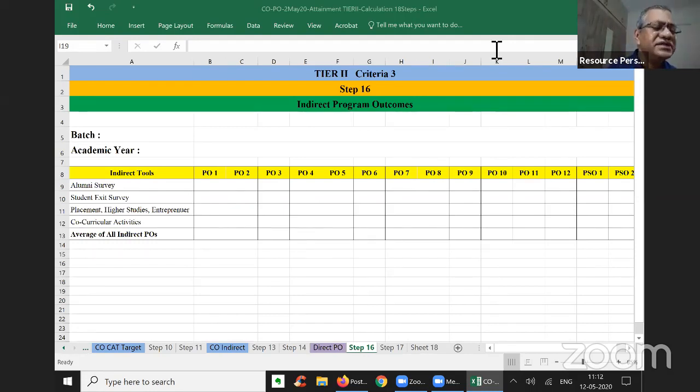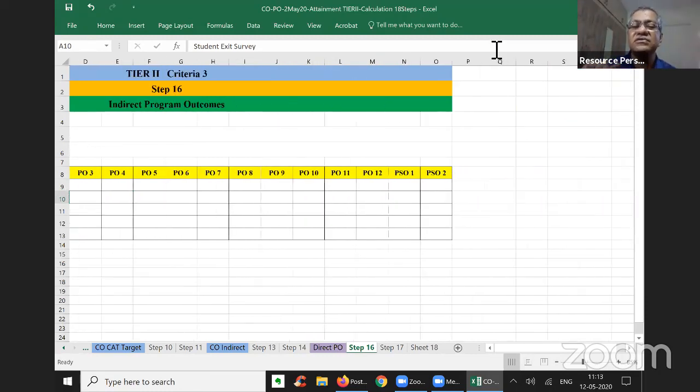Of course, you might need some help from some expert for designing the survey forms itself. It is not easy, so maybe somebody will help you there. I have listed these marks as per attainment. For indirect program outcomes, the green color, for a particular batch and academic year, all PO outcomes come from the program end survey, that is the student exit survey. I call it student exit survey; you can call it program end survey. It depends.